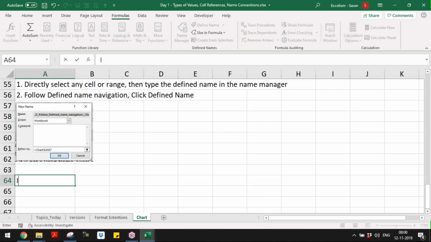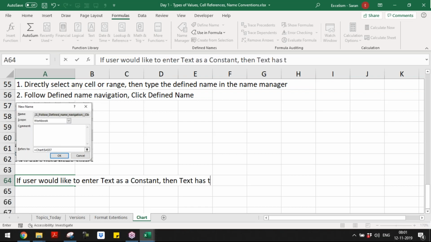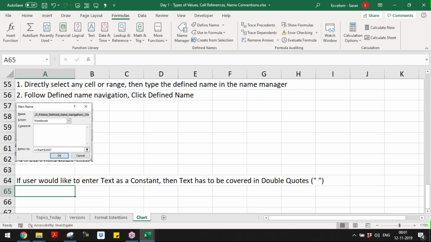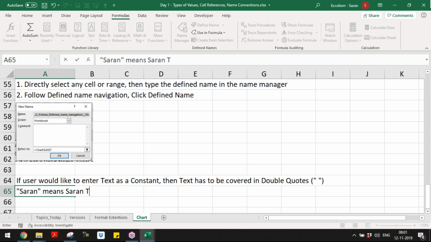If user would like to enter text as a constant, then the text has to be covered in double quotes. That means just this one and this one. In double quotes, Sharon, this means Sharon text